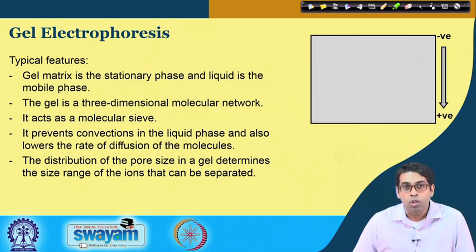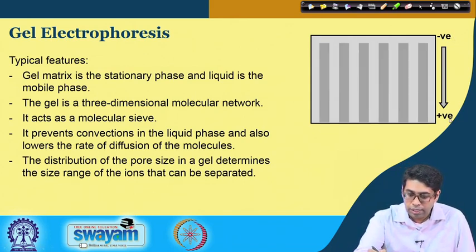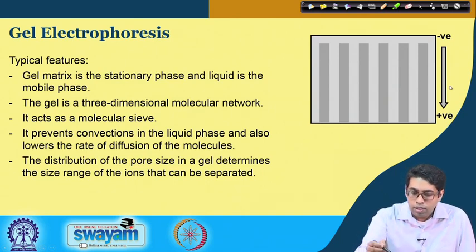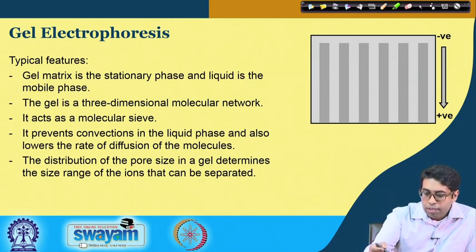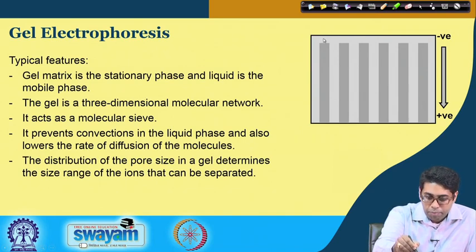What we do is we apply an electric field across this gel. One side is a positive terminal and the other side is the negative terminal, and these molecules are ions. The negatively charged ions will start moving from the negative terminus towards the positive terminus, and inside the gel we have certain lanes. The samples are applied at the top in these lanes, and when the electric field is applied, they run vertically in this direction.